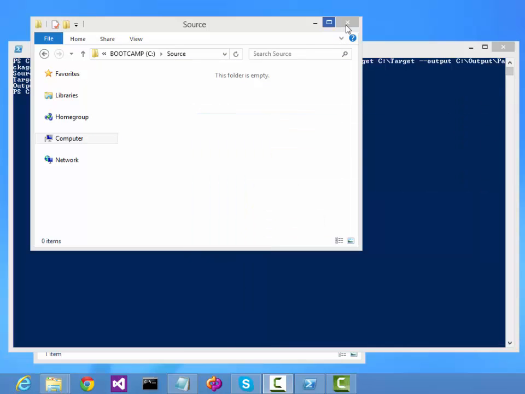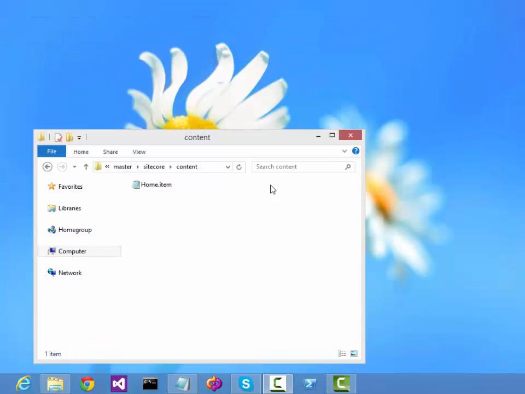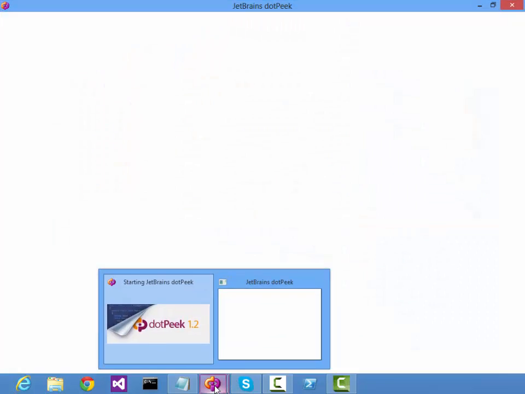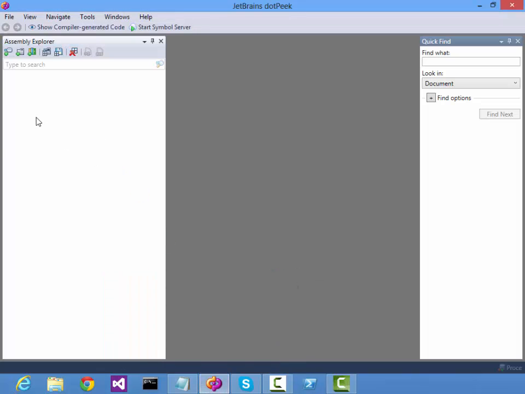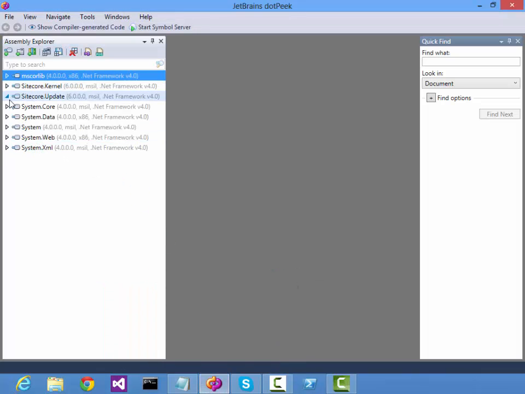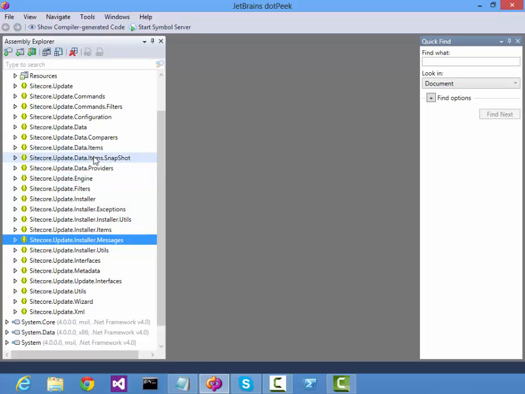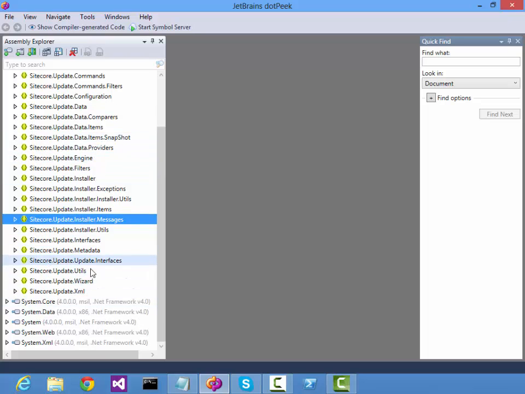If you take a look at the Sitecore update library in .NET over here, you might notice that there is a lot more to explore. For example, you can create some custom filters. You can also add some installation messages, and it's just a lot of stuff.